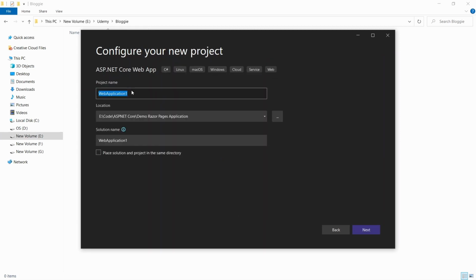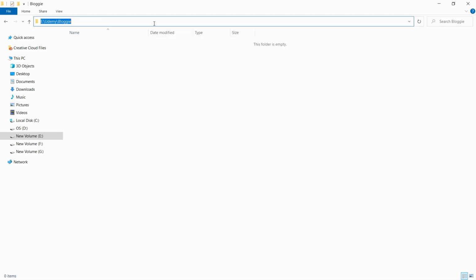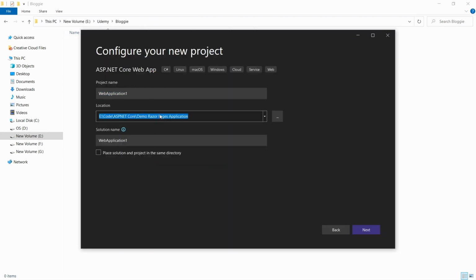In this page, I will give the configuration for our project, which is the project name, solution name, and the location. I have this location over here in which I want to create my application. So I will copy that and paste it in the location tab over here. And then I will give the project name, which is